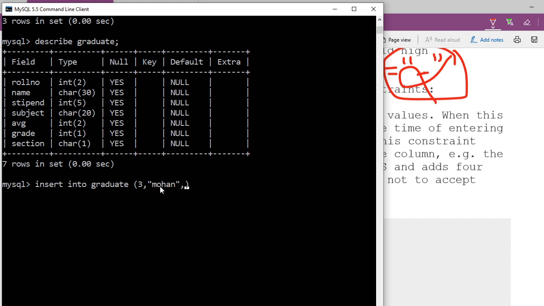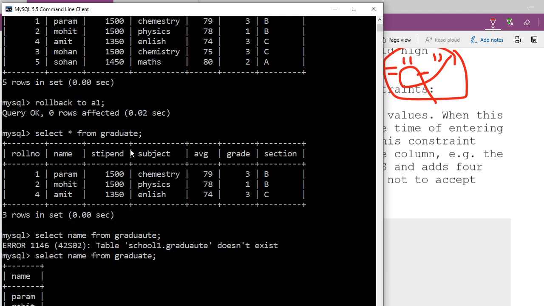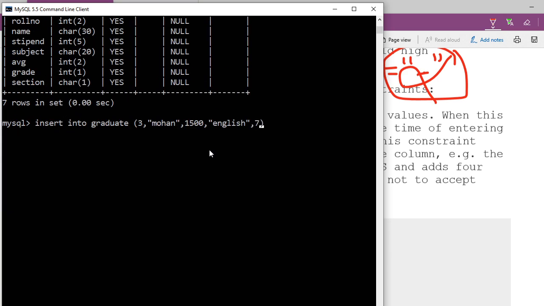Okay, stipend I know here 1500, is it? Then I am going to write here the next one, subject English, then next one average, how much average you are writing, 76. Then we have a grade, third grade.